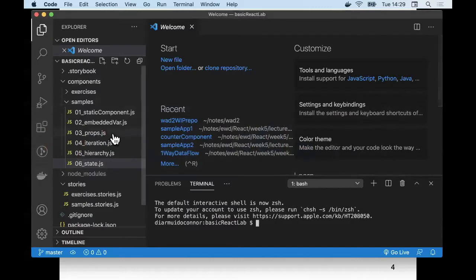So even though the code is quite small for this, I am providing the code in the archive with this week's lecture. So here's what you need to do: you need to import this counter component, although I've called it state here. You need to import the component file into your basic React lab from 2 weeks ago. And there's also a couple of stories that you need to add to these stories. And I give you the stories code. So you just add that to your stories file and away you go. And so if we start up our storybook server,